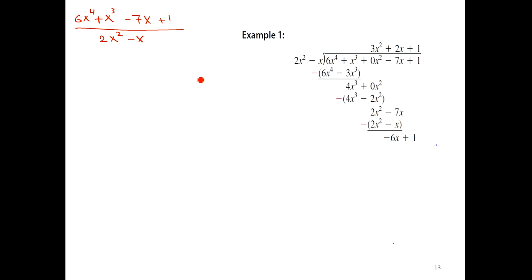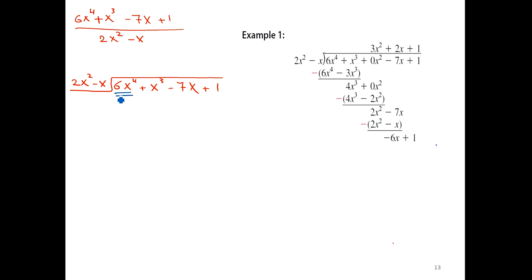Okay, now we have A over B. We put A: 6x^4 + x^3 - 7x + 1 over the divisor 2x^2 - x. Now, the first step,